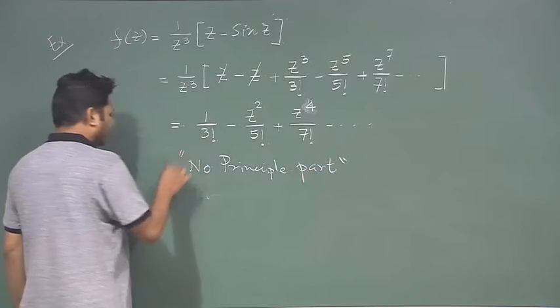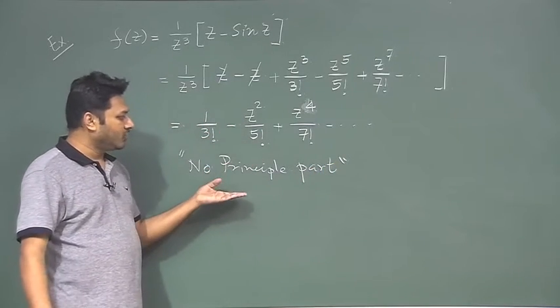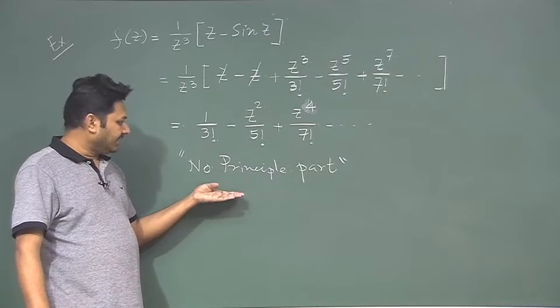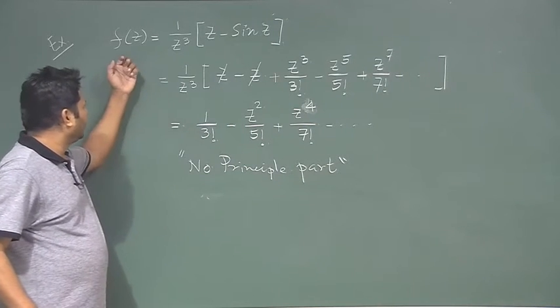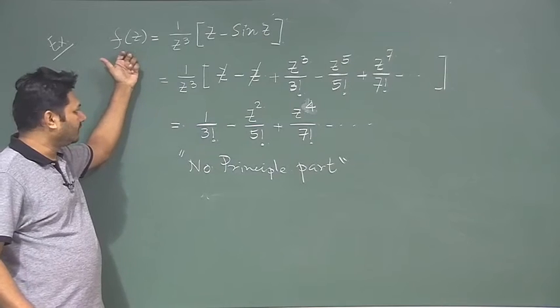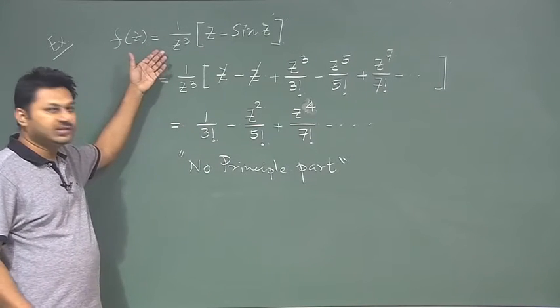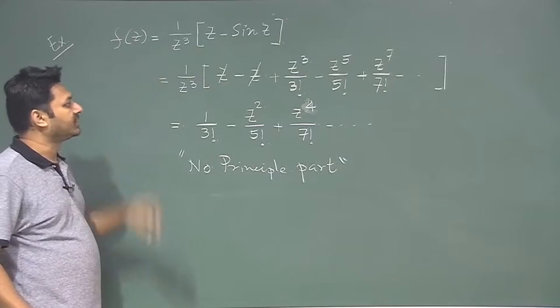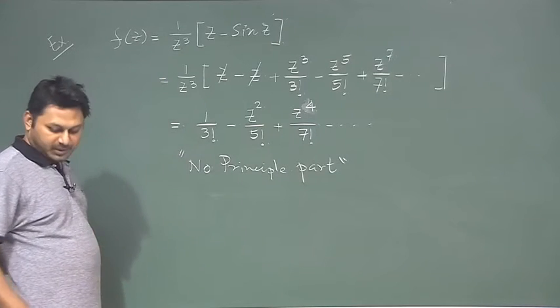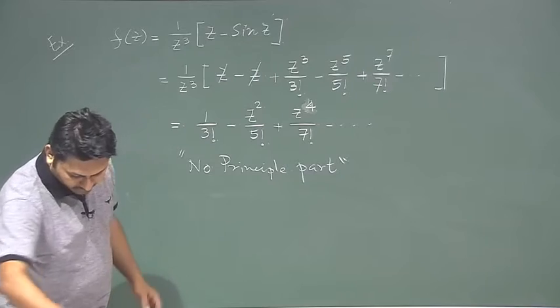Since in this series there is no principal part, we can say that at z equal to 0 this particular function should not have any singularity, or it has a singularity which is removable in nature. So it is a removable singularity, because there is no principal part associated with it. So, now